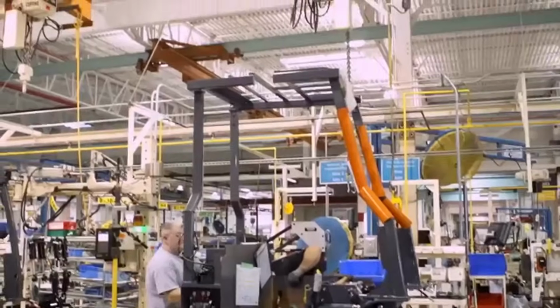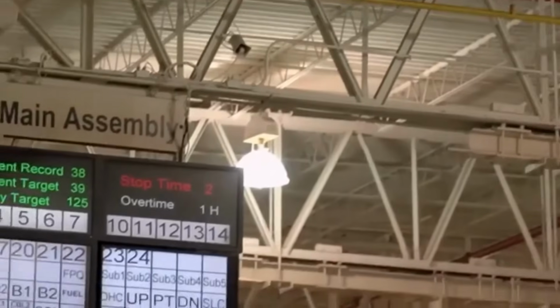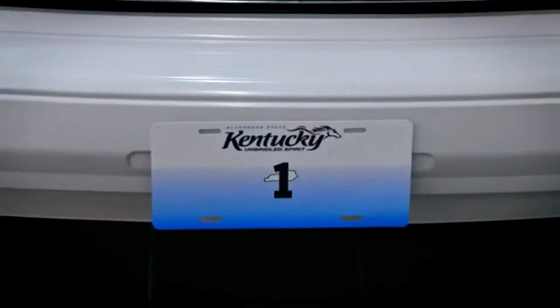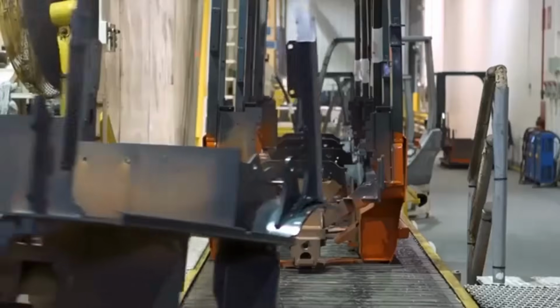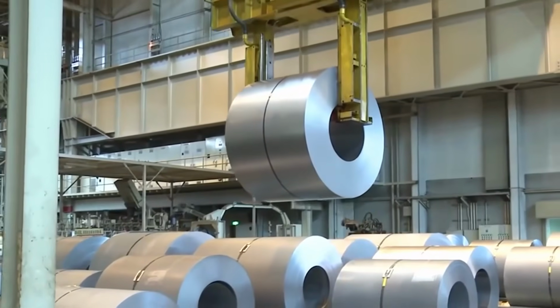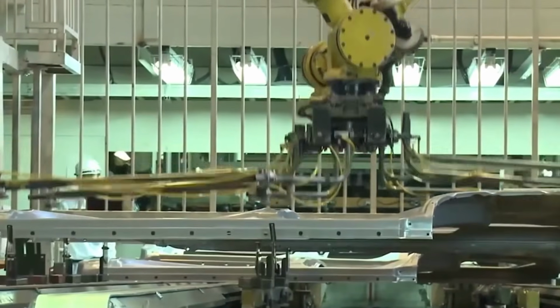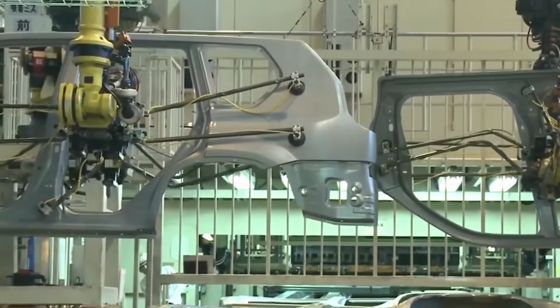Imagine walking into one of Toyota's flagship plants, such as the Tsutsumi plant in Toyota City, Japan, or the Georgetown facility in Kentucky. The air is filled not with chaos, but with a quiet, rhythmic hum. It is not the sound of urgency, but of synchronization. Workers, robots, and machines operate in precise harmony, each step of the process unfolding like clockwork. Every bolt tightened, every part aligned, every inspection performed. Nothing is rushed, but nothing is delayed. The objective is not to build fast, but to build flawlessly, and in the smallest increment of time and resource